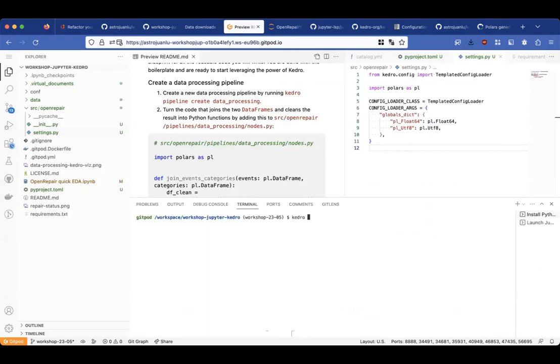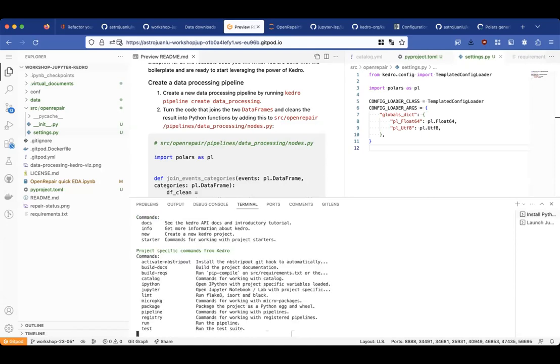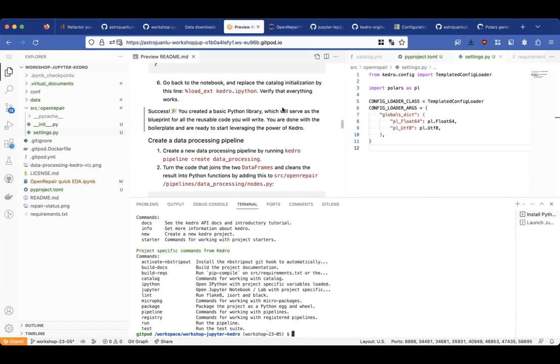So Kedro has a number of CLI utilities that help me create these pipelines. In this case, I'm not going to write all the files from scratch because I don't need to do that anymore. So now I'm going to do kedro pipeline create data_processing. So my first pipeline is going to be called data processing, and you're going to observe